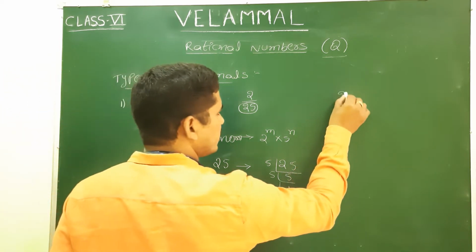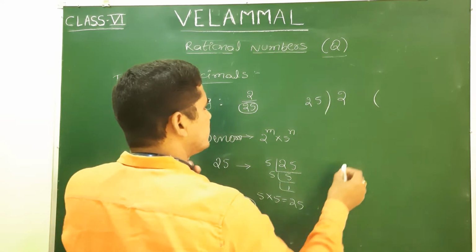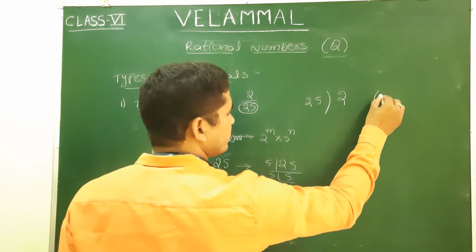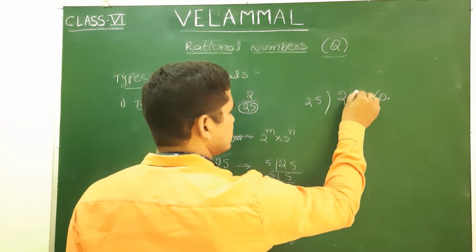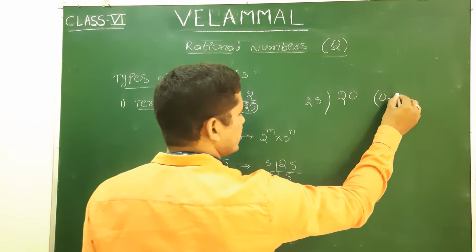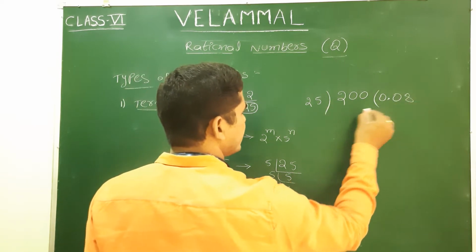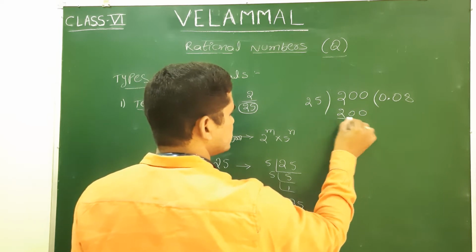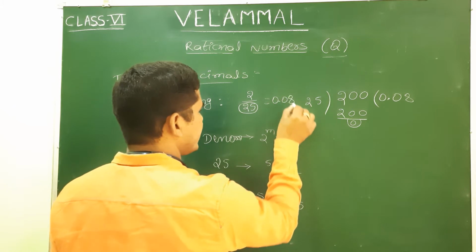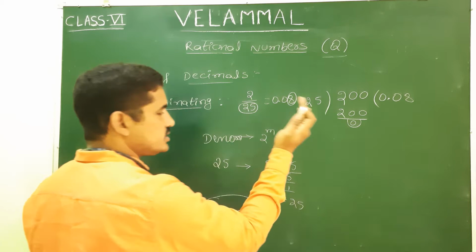If we do the normal division, then 25 in 10, the 25 table, 2 will not go, for that we take a point, 0 will come. Again 20 is lesser than 25, so again we take a 0 here. So 25 eights are 200 we can write, so 0 is the remainder. It can be written as 0.08. At 8, that decimal is ending.